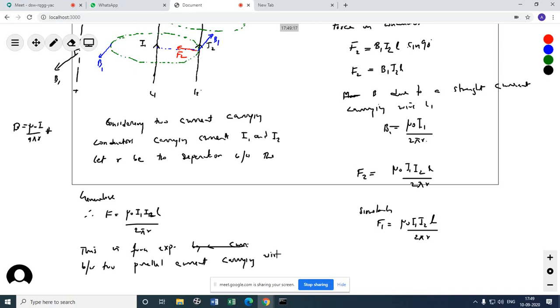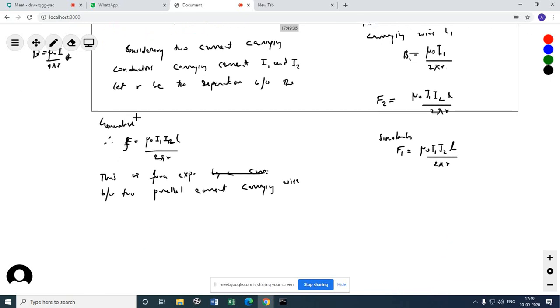Now, wait a minute, I'm going to denote this by small f. What is that word written here before, on top of therefore? Generalizing it, because I have written F1 and F2. Now you see, I'm writing this small f. The reason is that this is for the case where the length is given to you. What about when the length is not provided? Then we can go for per unit length, if the wires are infinitely long. For infinitely long wires, what will the relation then be? It would be f equals F by L, that is force per unit length.